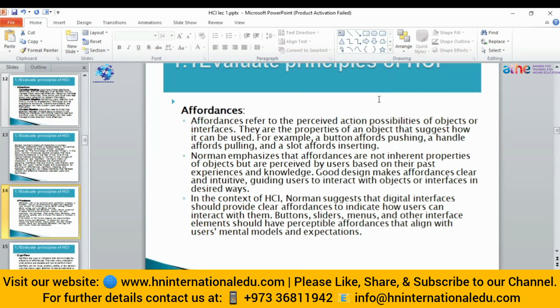So it says that a good design is something that clearly guides the user to interact with the object in different ways. Here the buttons, the sliders, and the other interface elements should be aligned with the user's mental model.